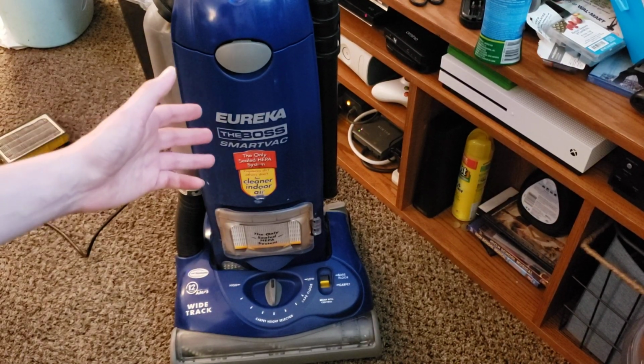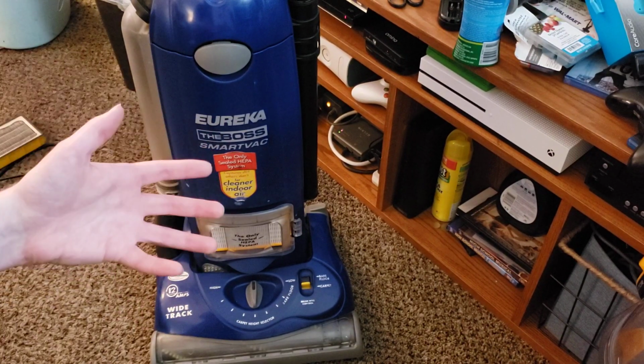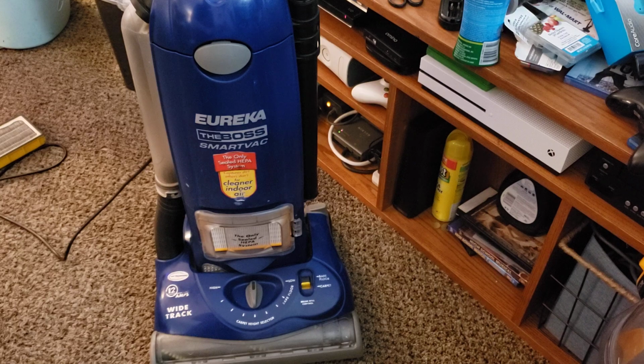The main reason why I service this one is because it belongs to my mother-in-law, who acquired it from her mother, who has unfortunately passed away. This was handed down to her as a result, so she wants to keep this running as long as possible,